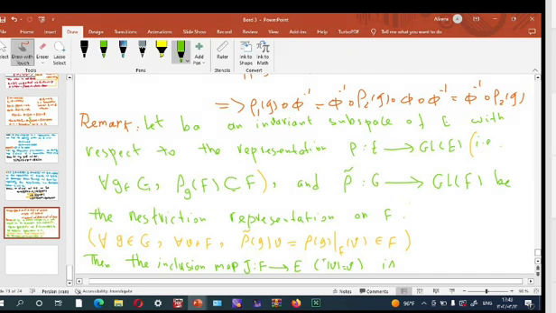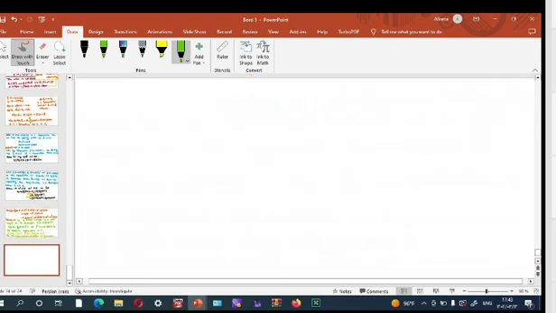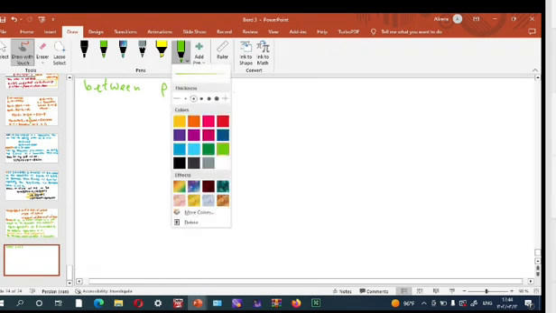Okay, J is a homomorphism between rho and rho tilde, and its proof is trivial